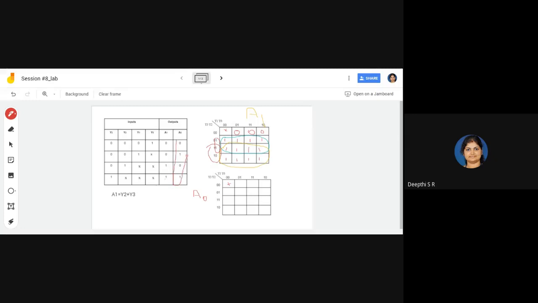So we are checking for this. When Y3 is 0, Y2 is 0, and Y1 is 1, and Y0 can be 0 or 1. So for that, we have 0, 0, 1. If you consider 0, 0, 1, 0, then what is the output? What do I have to write here?